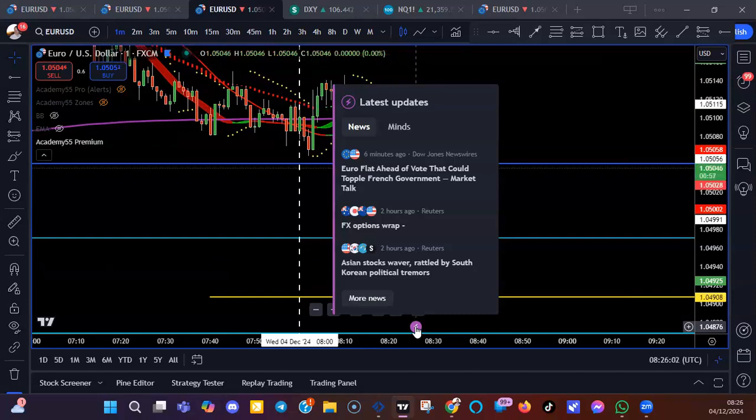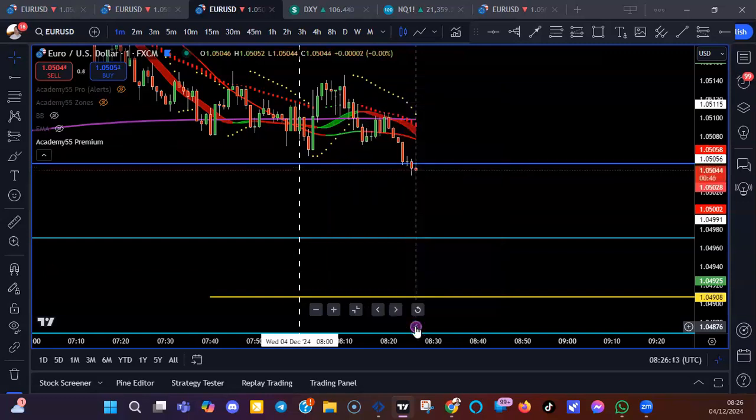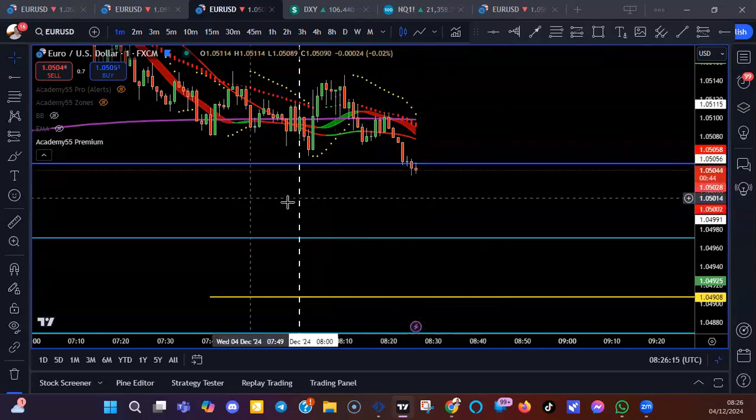Euro flat ahead of vote that could topple French government. Market talk. Wow. So that's pretty big news for the euro. So that's why nothing much is happening now, because